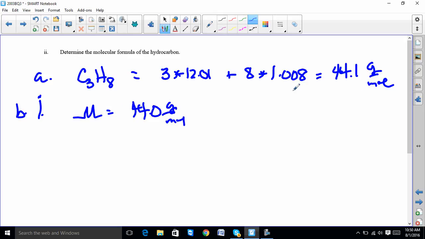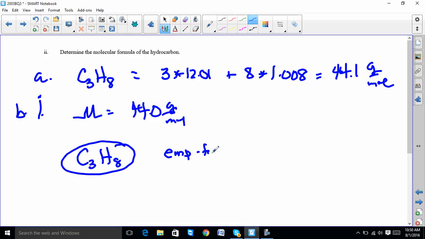And so the empirical formula and the molecular formula have the same mass, which means that the molecular formula and the empirical formula are the same. This is also the molecular formula. Again, remember that the empirical formula times some constant equals the molecular formula. And so if you want to know what that constant is, so for instance,